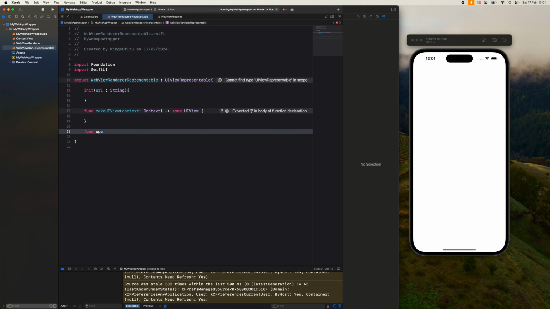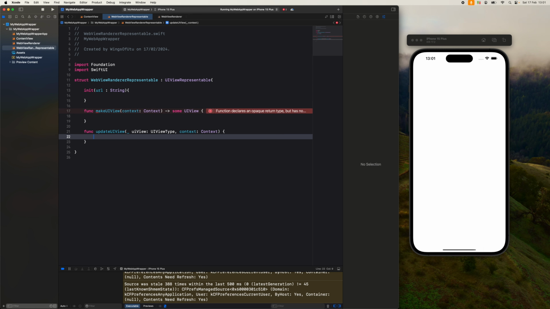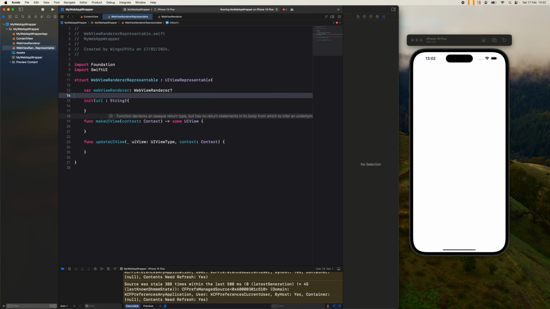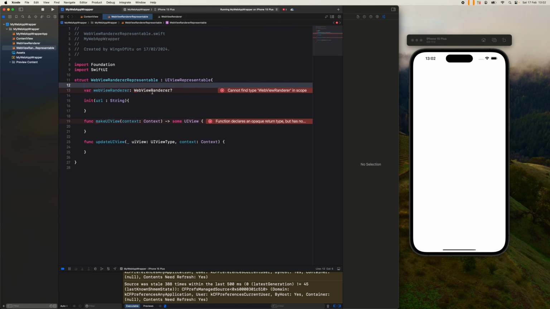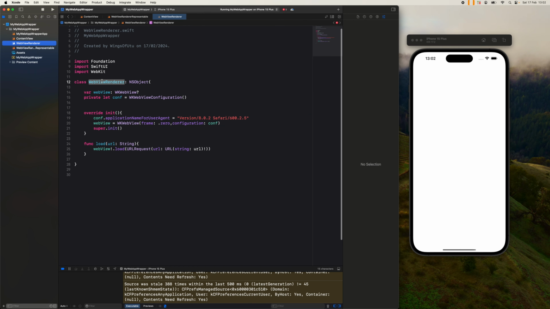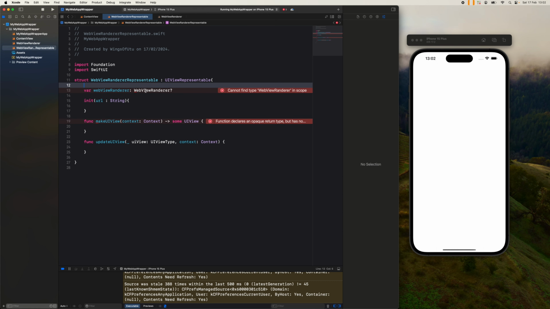Update UI. So these two are two protocols that you can override. It allows you to basically tell the SwiftUI what you want to render. So given that we already created a web view, we're going to create an instance of it up here. We can call it web view renderer, which is this class that we created. Make sure we inherit from it. Let's make sure it's correct. Right. And we do this, and then we're going to initialize it in the initializer by just simply doing this